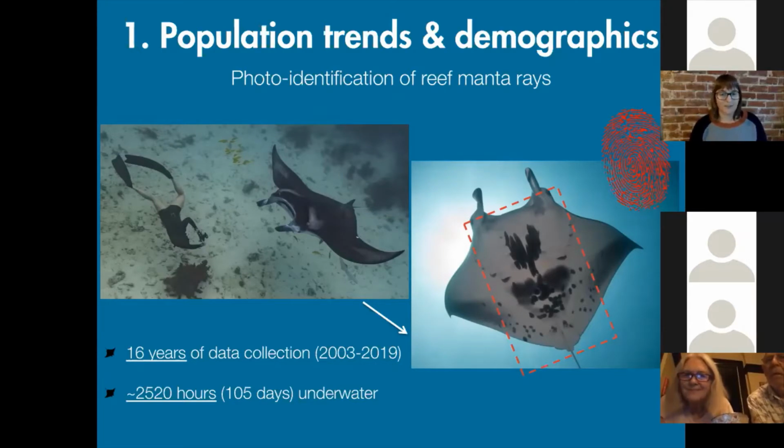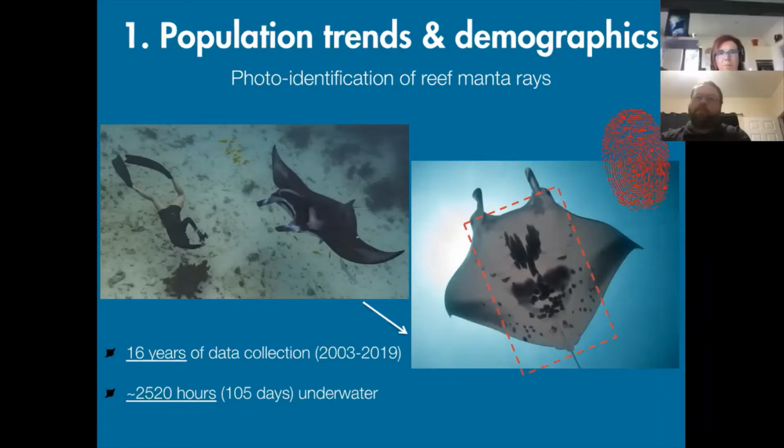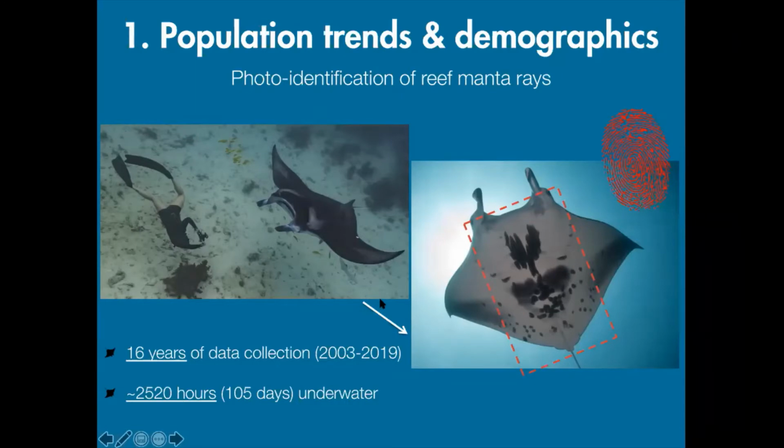It stays with them from birth and it doesn't change. So it's a very useful who's who there, and it's very helpful for us for research. So photo ID is generally the kind of backbone of manta ray research, no matter where you are in the world. And the information here I'm going to talk to you about is based on 16 years of data collection